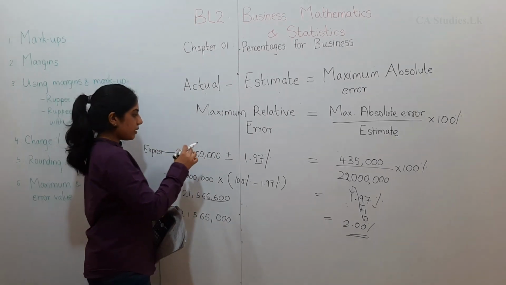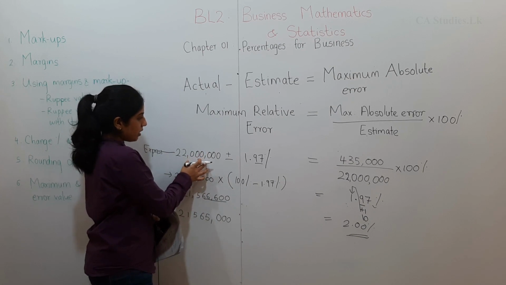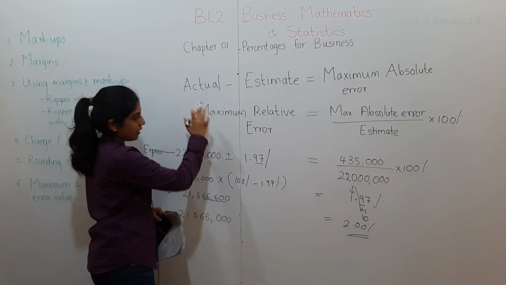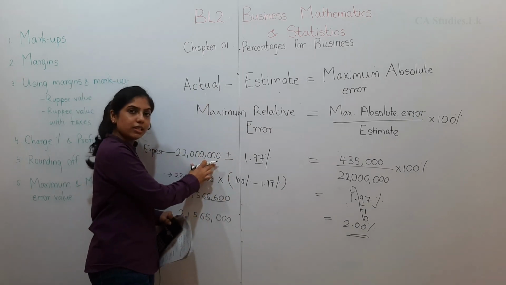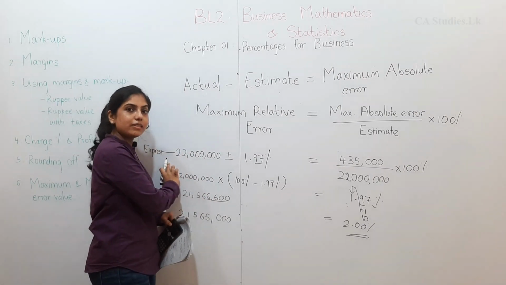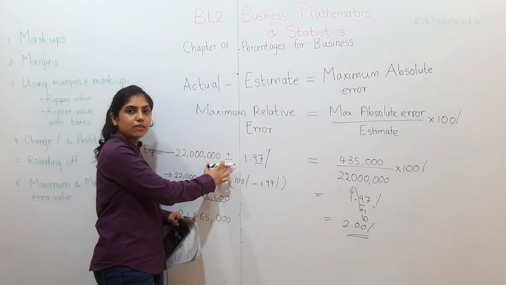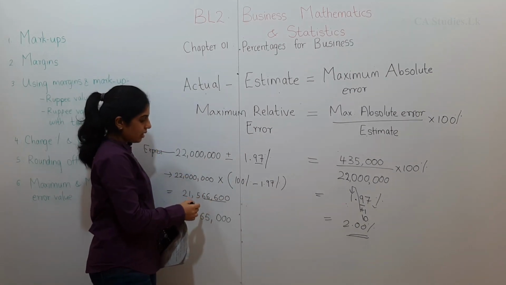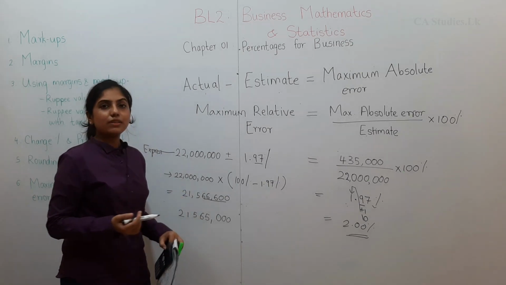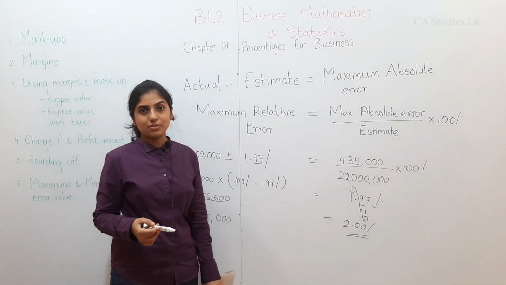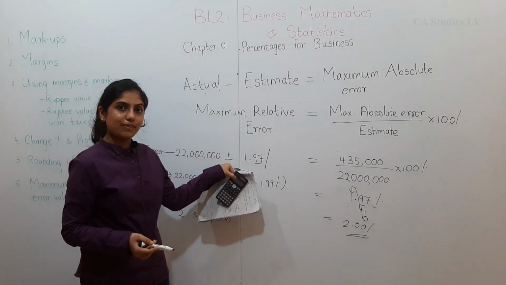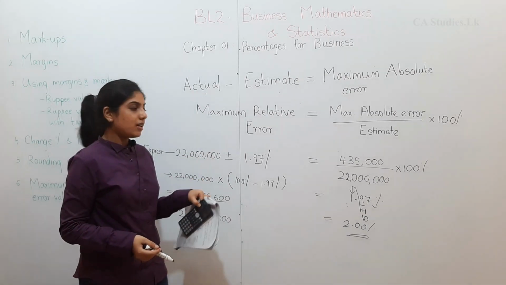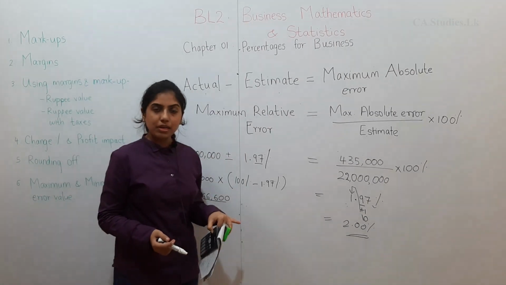So the actual can be more than 22 million or less than 22 million if we plus or minus our error. We know that it was less than, but the error is always expressed likewise as plus or minus. But the actual is not more than 22 million. But that is an issue only.